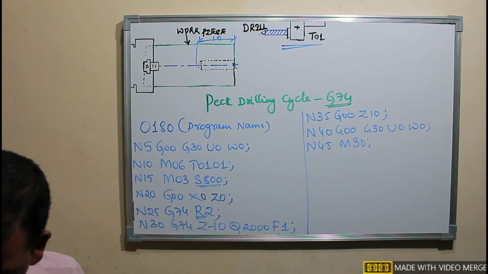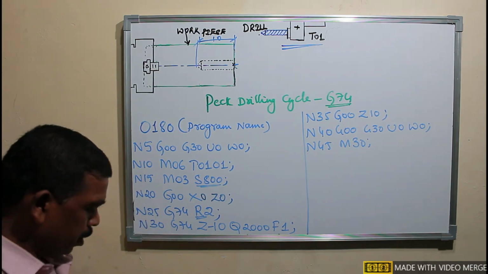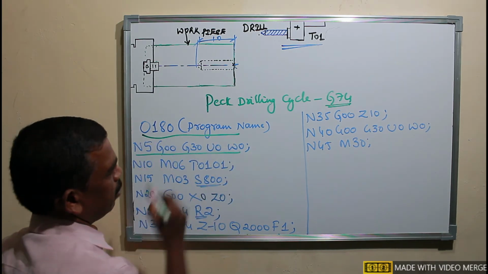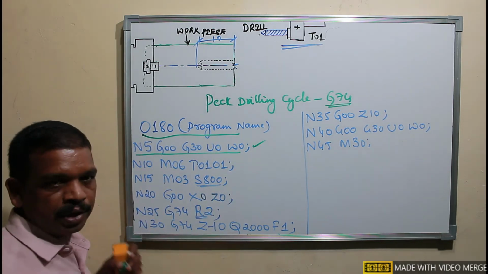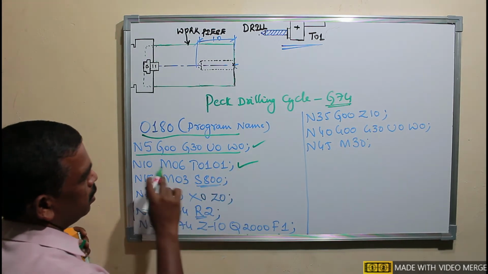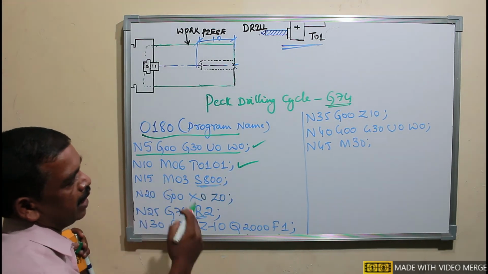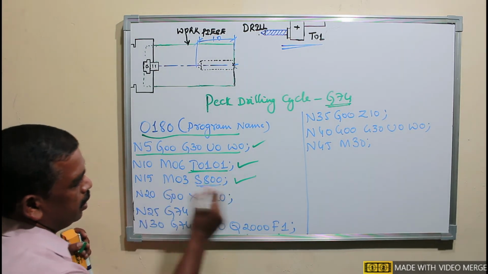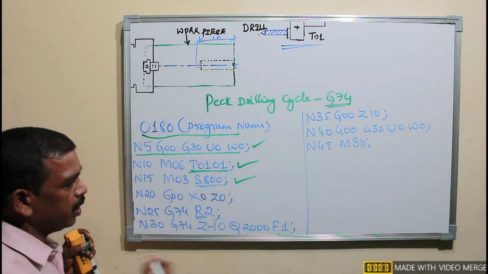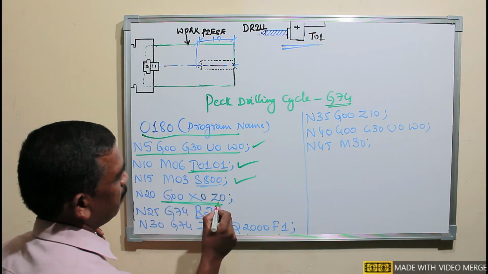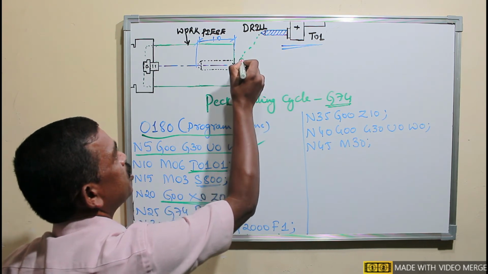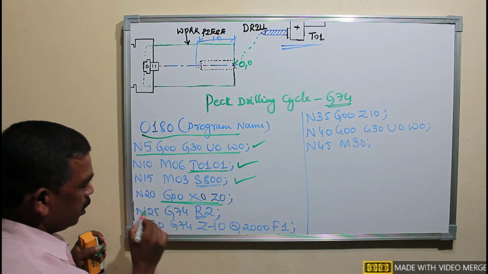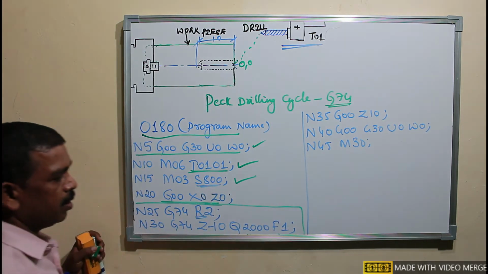Okay, so let me explain once again. See here, this is the name of the program, and this block is for sending the tool to its home position, and here the tool will change, the indexing will take place. It will select tool number 1 and offset number 1, and here the workpiece will start to rotate at 800 rpm. Here it is the rapid positioning from the home position up to workpiece zero, and then this is the format for our drilling cycle.